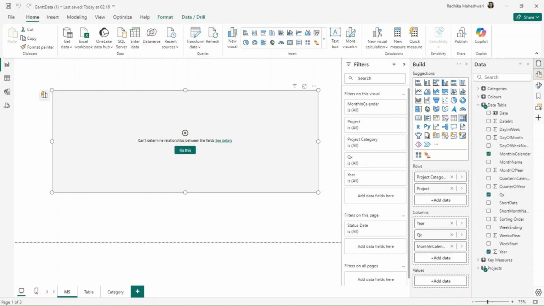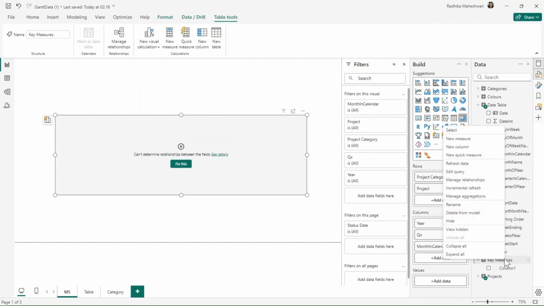As this challenge was done in 2022, the references to dates are for 2022. If I try to do it right now, we might not get the exact visual as in the challenge. That's why I'm going to create a new measure which is going to store the date on which this challenge was given, and we're going to use this date as today's date instead of using the TODAY function.